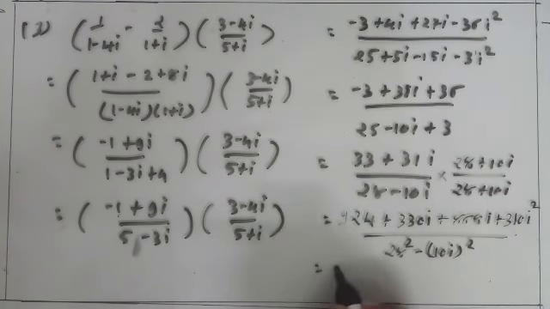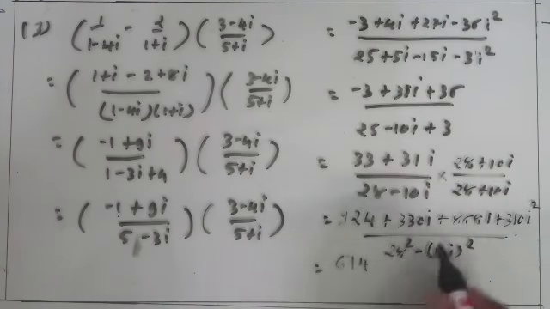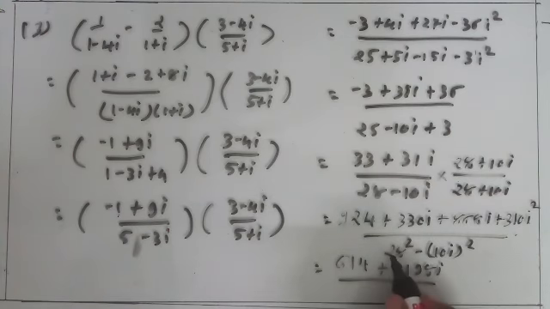So this is equal to, here 924, i square equal to minus 1, so minus 310, this is equal to 614. Okay, addition of these two, 330 plus 868 becomes 1198i upon 28 square, which is equal to 784. 10 square is equal to 100, i square equal to minus 1, so it becomes plus 100. Clear?